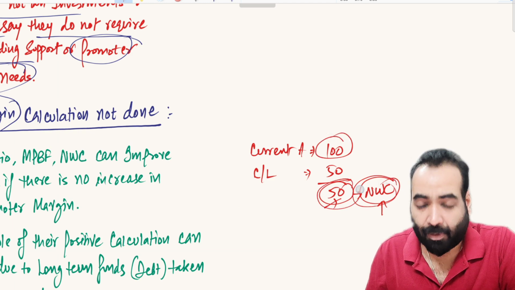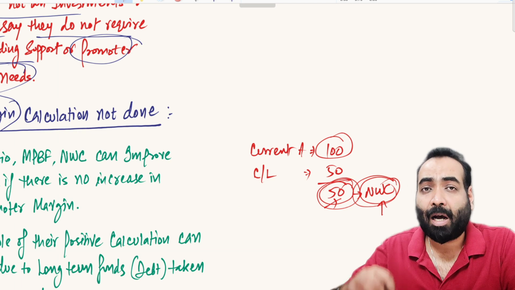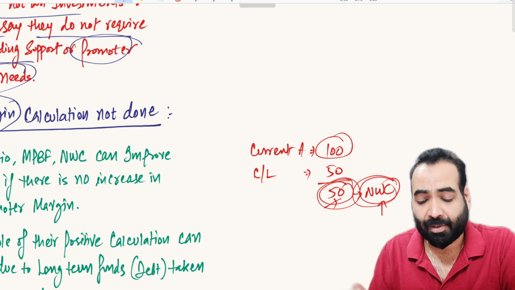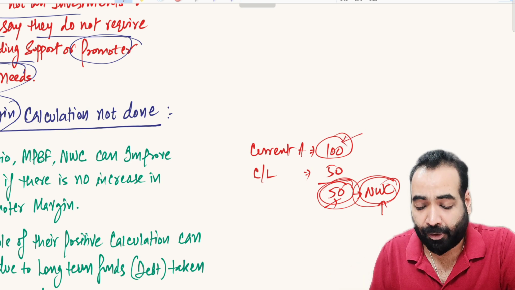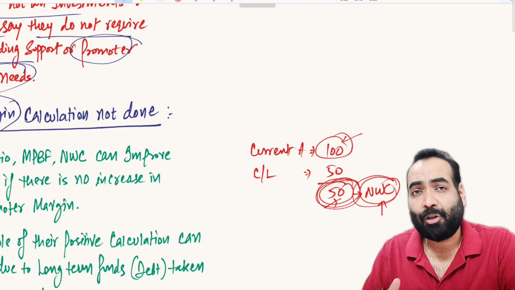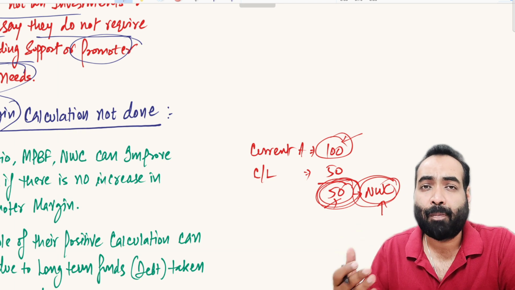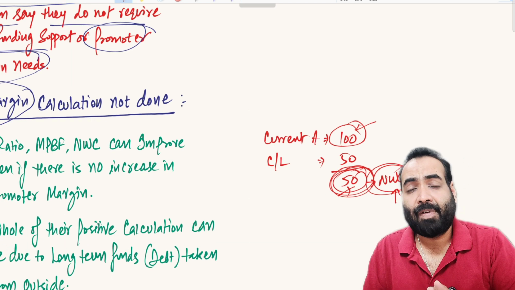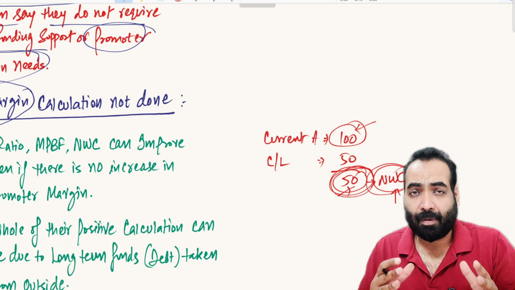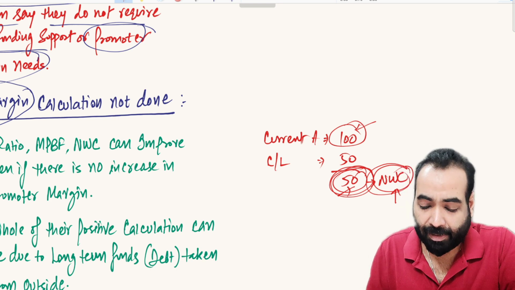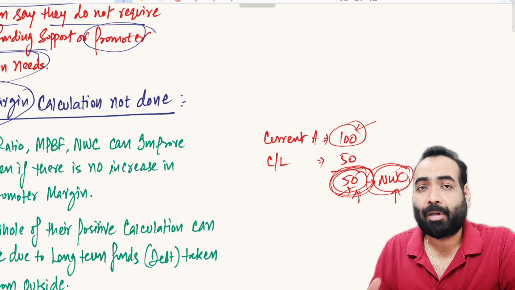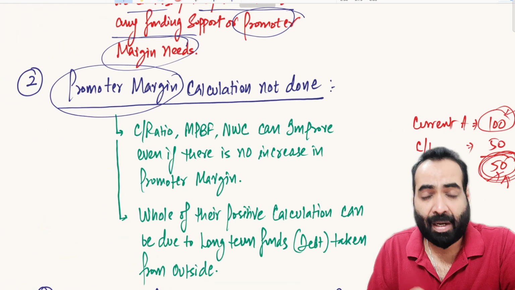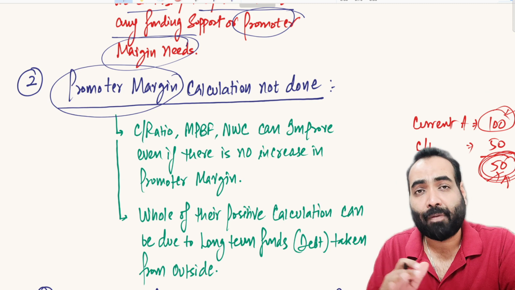But these long-term funds of rupees 50 can be from outsiders as well. You can take LAP from the bank and use that LAP of 10 years tenure in investing in the current assets, and your NWC will improve drastically and your MPBF eligibility will also improve consequentially, right? But here, by doing this, we are not looking at the actual promoter contribution in the business. This NWC can be due to the long-term funds invested in the business as well. So the ignorance of promoter margin is a main disadvantage that we can see in calculation of current ratio, MPBF